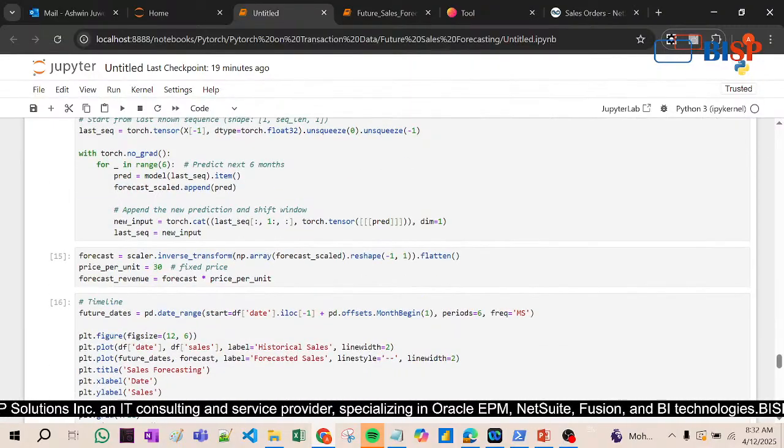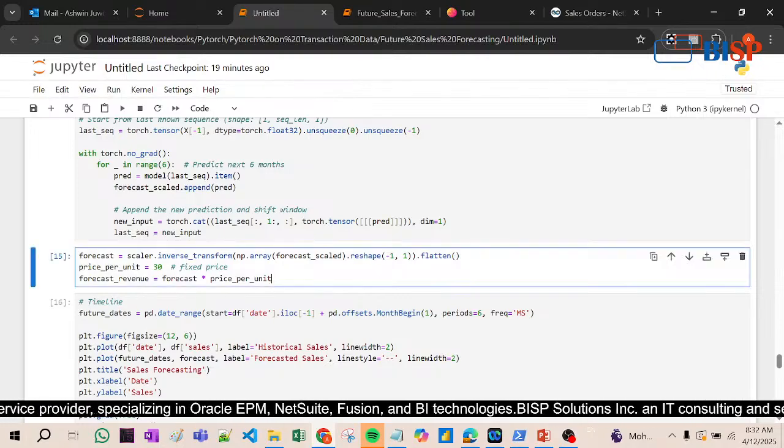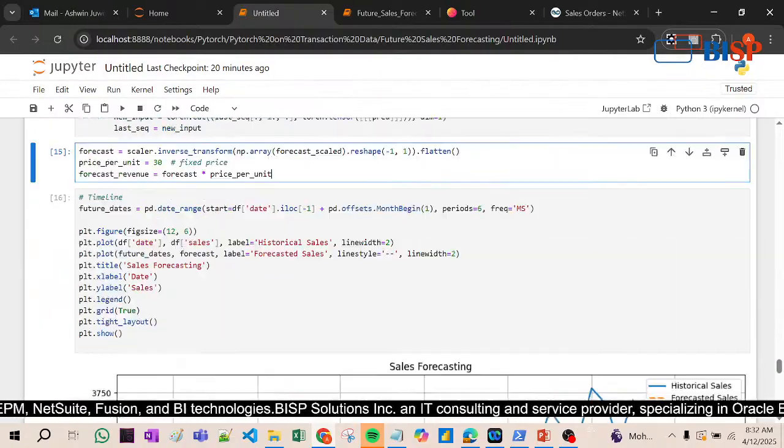So for that we have to use scalar dot inverse transform, right? And then we have to extract. Look at this, price per unit, and then the forecast revenue equals forecast multiplied by price. Then we will see here the future dates. Now you see,